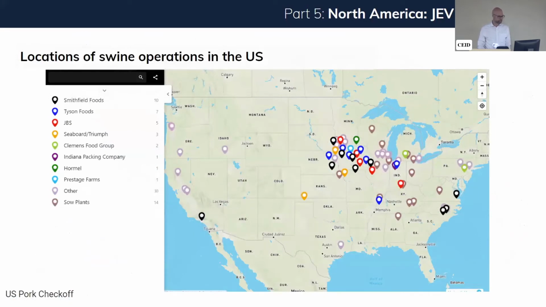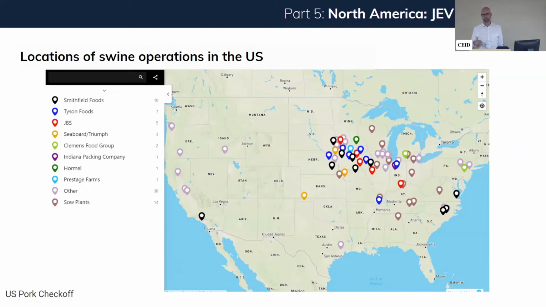Location of swine operations in the US could be quite useful. I think this would probably not be a covariate looking at amplification so much, but maybe information that we could layer over our final model results to help us understand where we would expect the American swine herd to be first affected.